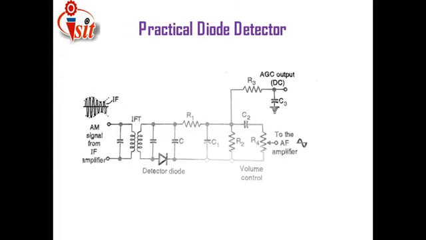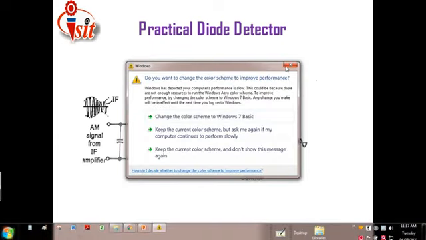Then our next detector type is the practical diode detector. The name itself indicates that it is used for the practical detection of the AM signal. Here we have used a diode, which plays the main role in the practical diode detection method. Then how will that practical diode work? Just see,